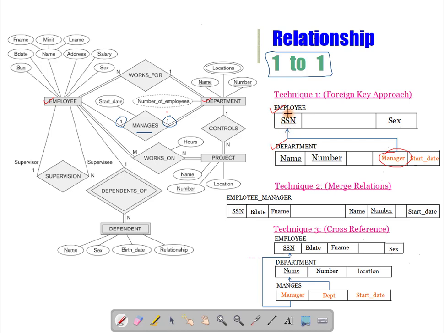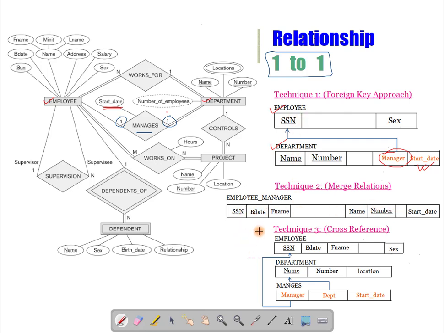And if there is a relationship attribute, it will also be added in the relation where you have added the foreign key. So in this way you can convert this relationship with the foreign key approach, and if you follow the merge approach, then you just merge these two relations into a single relation.